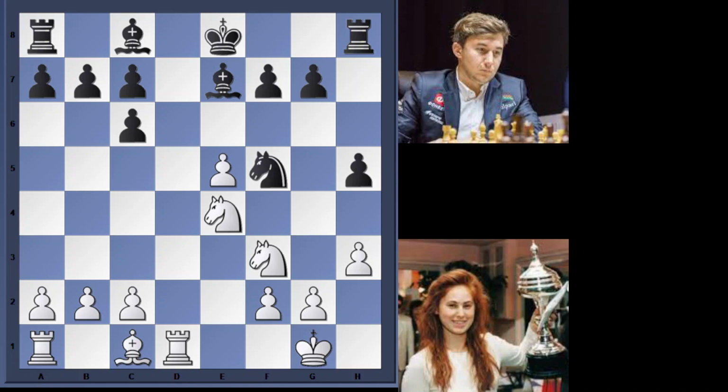And I'm just getting to the meat and potatoes, so to speak, of this game, because this is all well-known theory. Bishop d7, b3, h4, bishop g5 from Polgar,